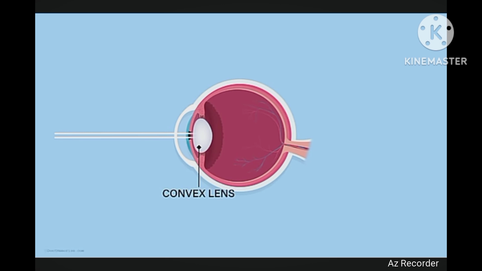The light that enters through the pupil falls on the lens kept behind. This lens is called a biconvex lens. We already know that it is a lens which is thicker at the center. It is a converging lens. That is, it focuses all the light at one point. In a normal, regular eye, this point is somewhere here on the inner boundary called the retina. Why do I say a normal eye? Well, in a defective eye, the point of focus may lie either in front of the retina or behind the retina. We will talk about these defects of the eye in our future videos, but first let's learn about our normal eye.